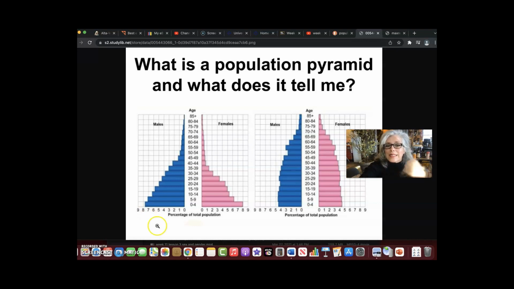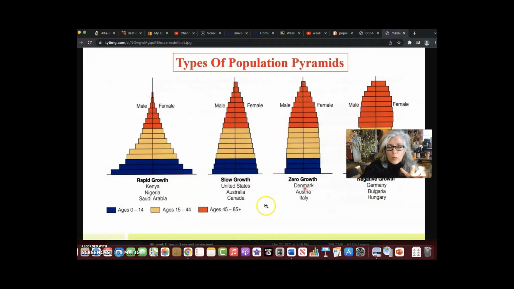And so what does this tell me? What we can glean from these population pyramids